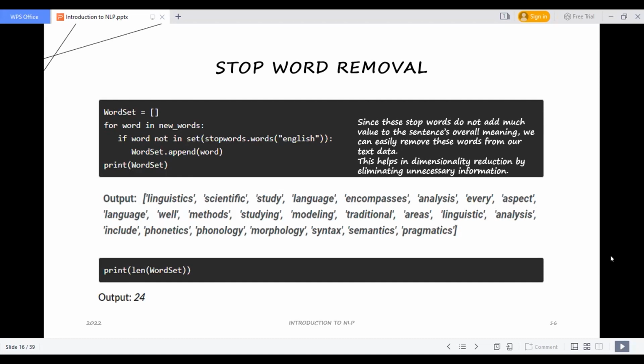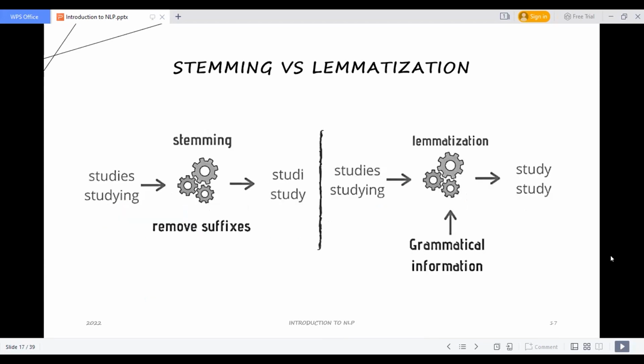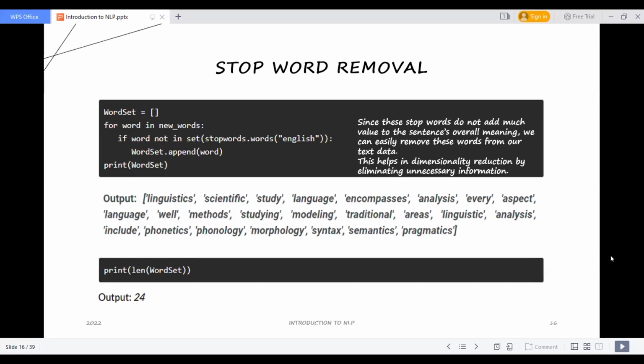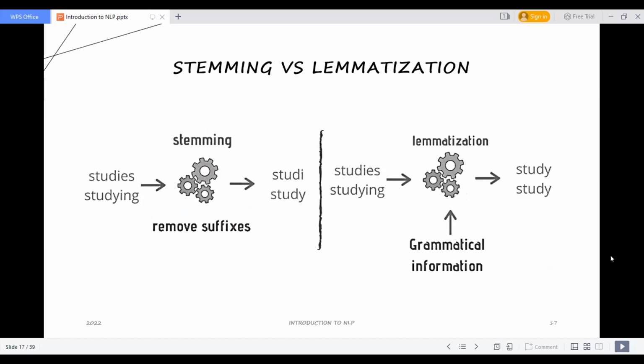Now once we remove the stop words, the cleaning of our text is almost done. Only a few steps remain, that is stemming and lemmatization. Don't worry guys, this is the theoretical part, and the outputs I'm using here to explain, we are going to implement the same thing at the end of the session for sure. While implementing, you will get clear ideas when the result is displayed in front of you.